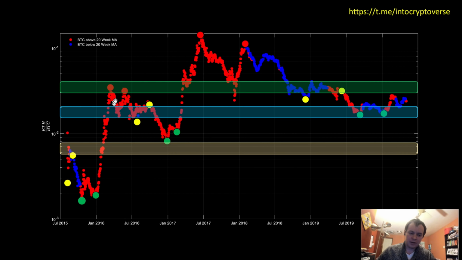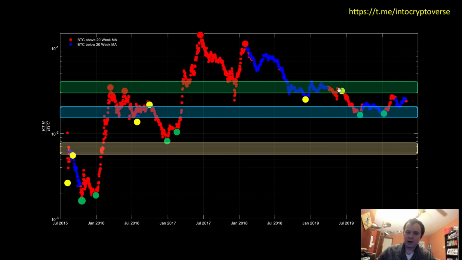You can see when we're above the 20-week, Ethereum has historically performed quite well with respect to the US dollar. We know it's always gone up with respect to the US dollar if you go by weekly candles. And it has always worked for the Ethereum Bitcoin ratio, again, in terms of when it goes below the 20-week, as you can see in the blue line, and this blue line, this blue line, and this blue line. Ultimately, it has always been the case that by the time Bitcoin got back above its 20-week with the weekly candle closing, the Ethereum Bitcoin ratio would have decreased. The opposite is almost true, as we've talked about, except for this one time.